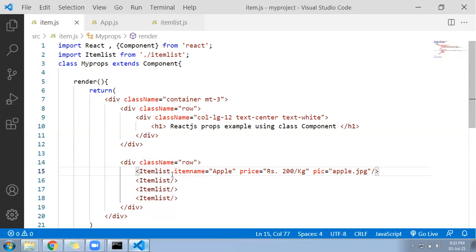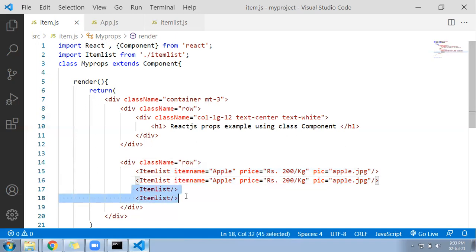Now let me do the same for the other, and I'll change the values of my properties. I'll copy this and call it here 2 times. Let me delete the remaining 2.